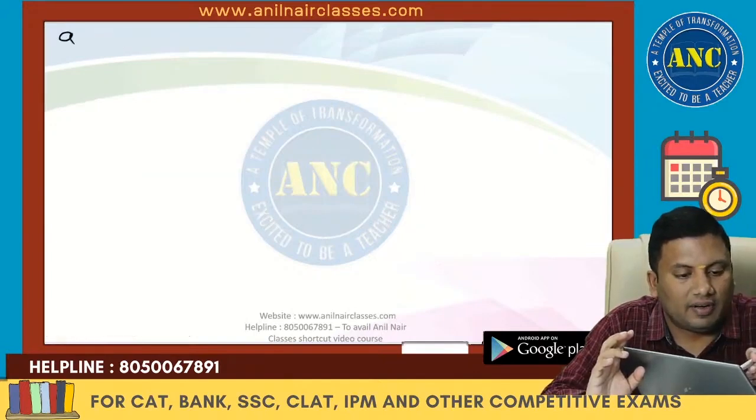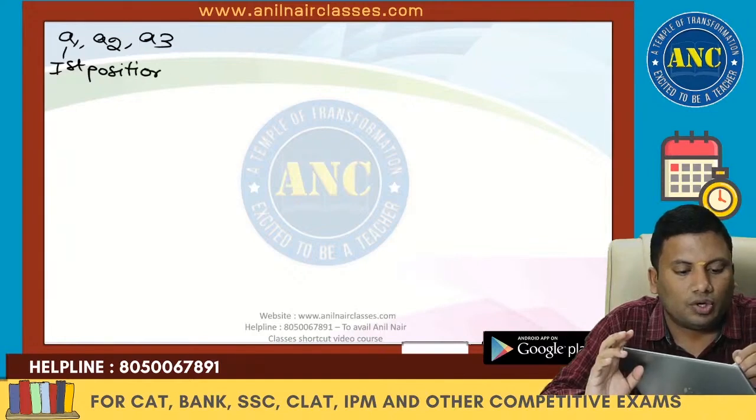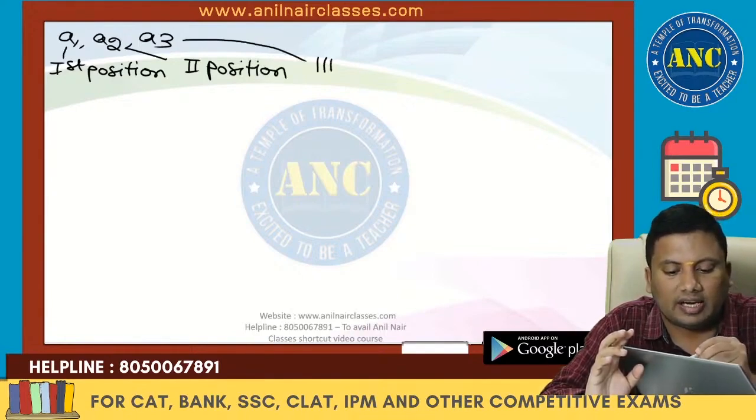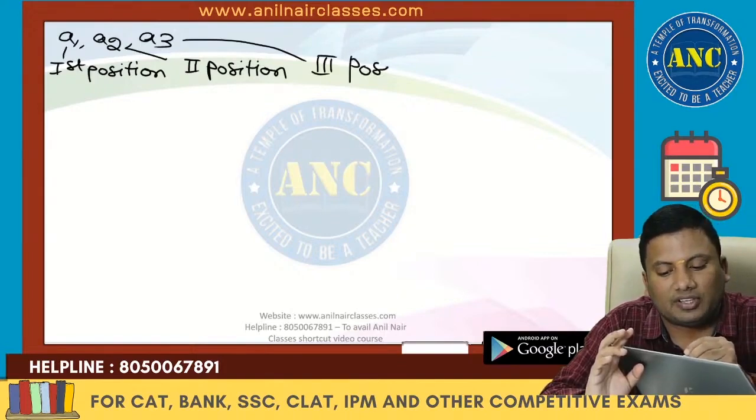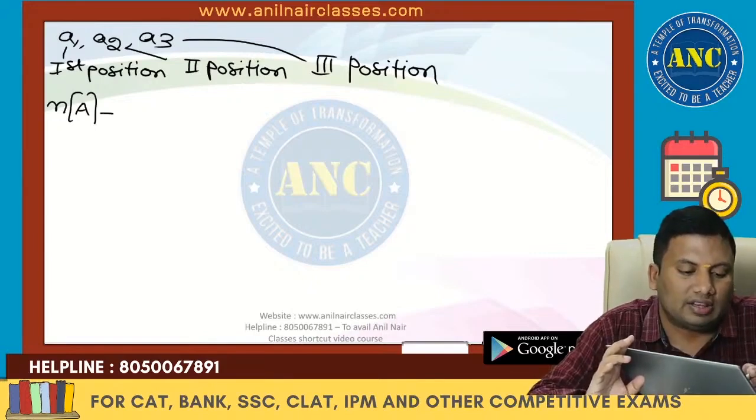Suppose A1, A2, A3. This is the first position. This is the second position. A2 should be in second position. A3 should be in third position. These are the exact positions. A1 first position, A2 second position, A3 third position. N of A is nothing but number of ways